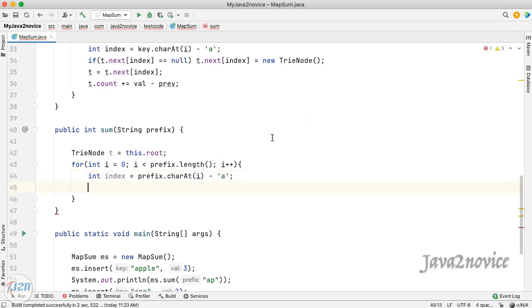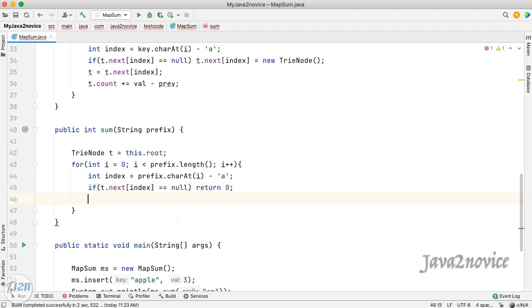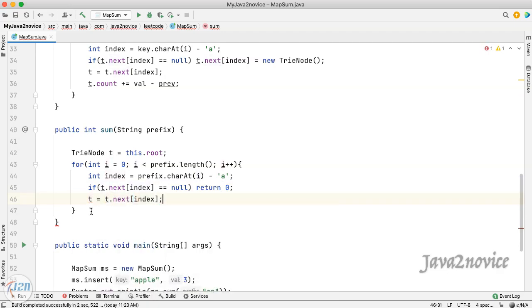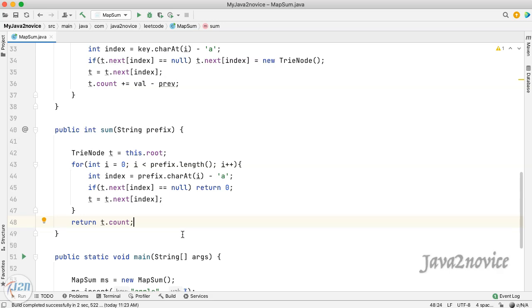In case the character in the given prefix does not exist, then return 0. Else, traverse till the end of the prefix characters. Finally, once we reach the last character in the prefix, return its value. We are done with coding.